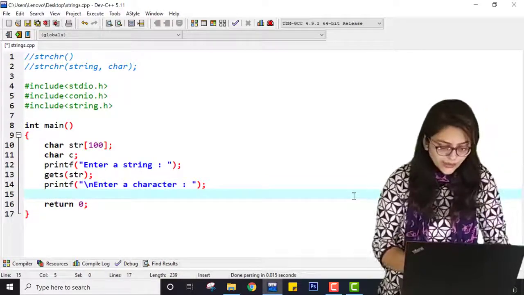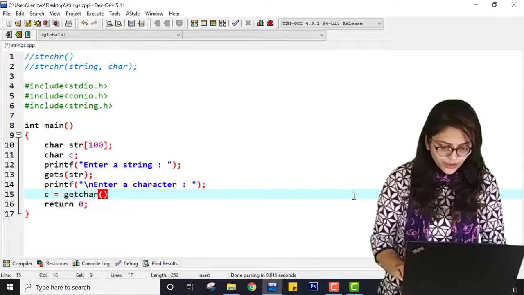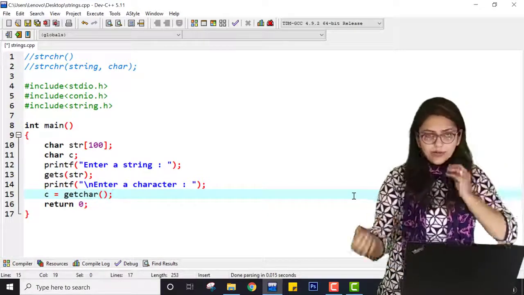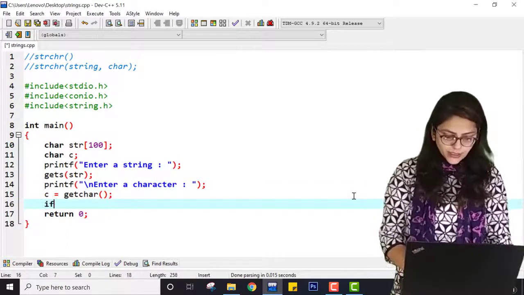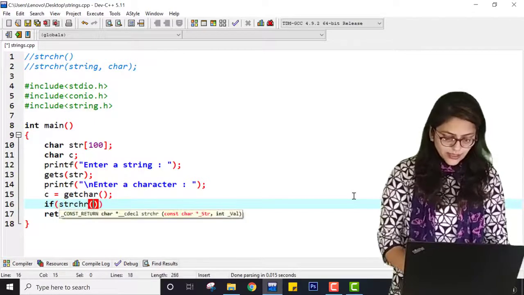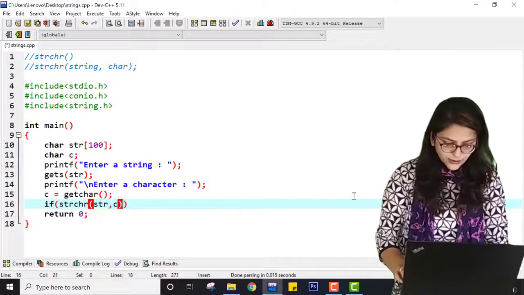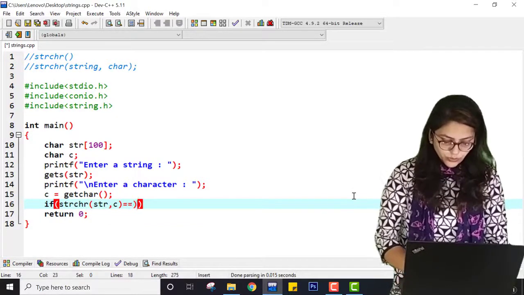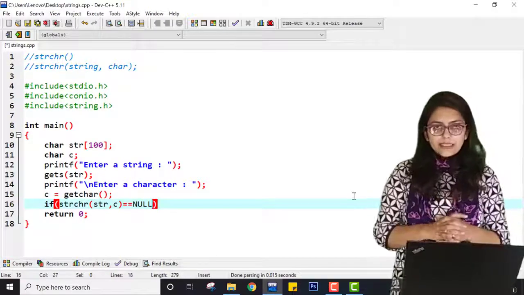You can also use scanf. C equal to getChar, and because of this the user will be able to enter some character, and here I can write if strchr, and inside this it is str and C equal to NULL. Make sure that you write NULL in capitalized letters.